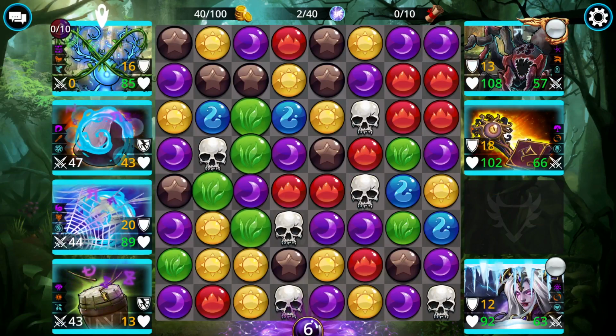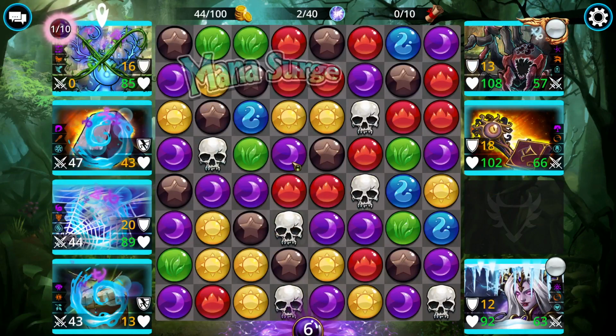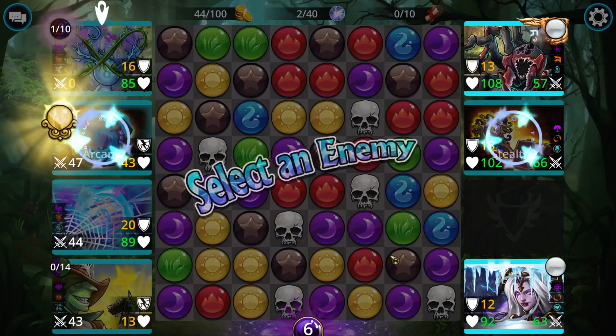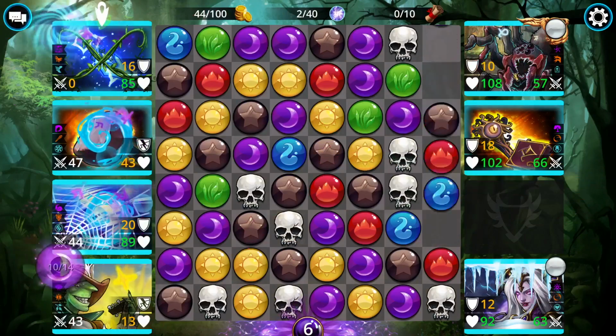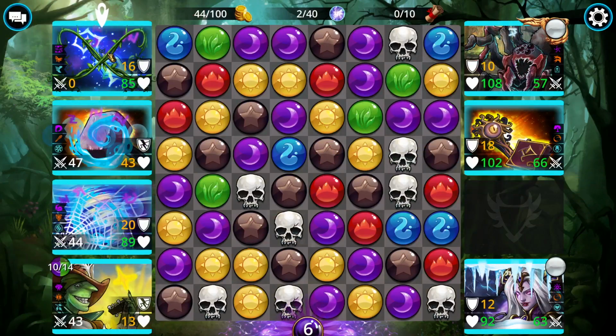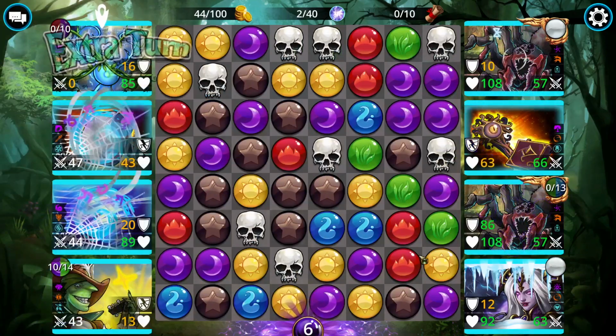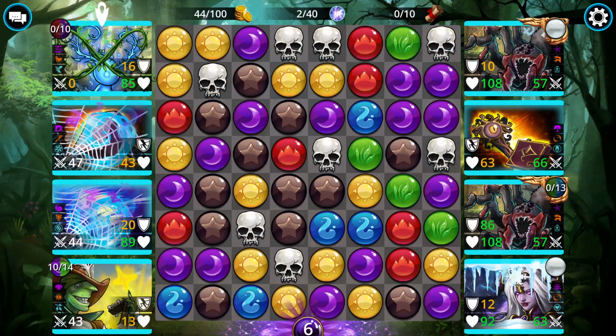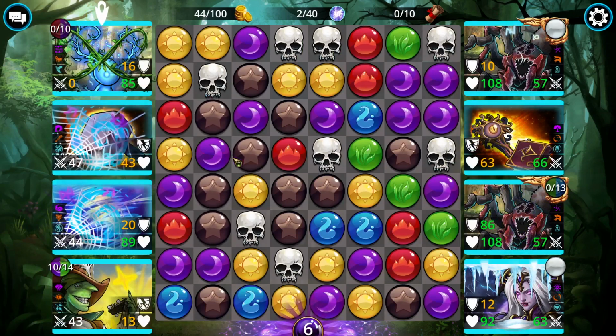And another nice 4-match there. And we can go ahead and explode. Silence the spider. We use the charm again. And we did some damage here because it took the attack damage from here to here. Hopefully, my hope is we can kill the life and death weapon